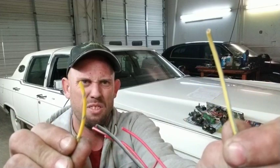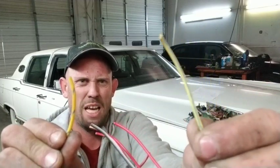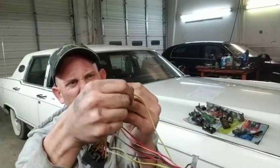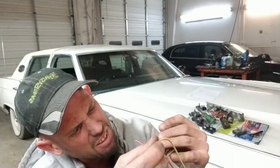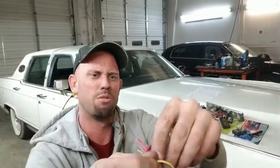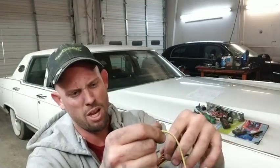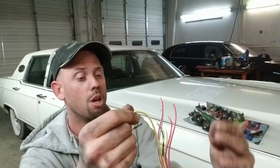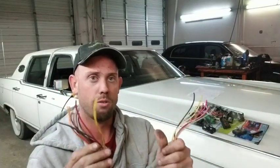I'm not sure if you can see that or not. Really light blue. Anyways, put those together. You've got a red with a blue stripe, and another red with a blue stripe. You've got a red with a green stripe. Here's a red with a green stripe. So all of your colors match up, but what I found was